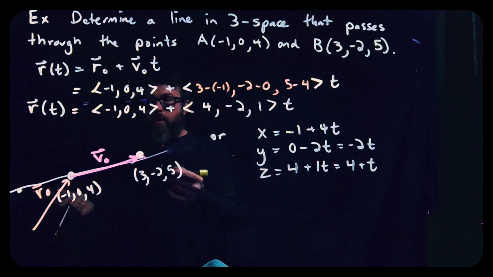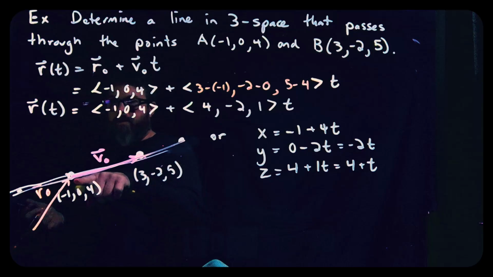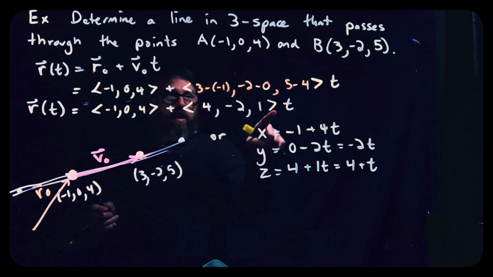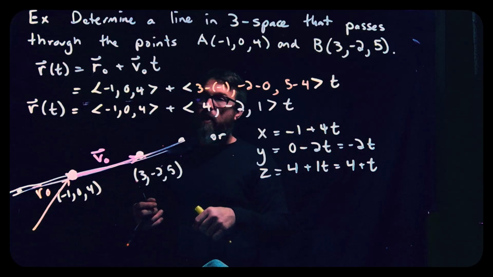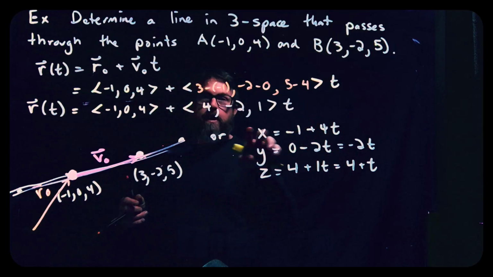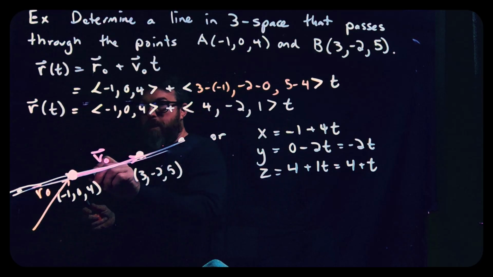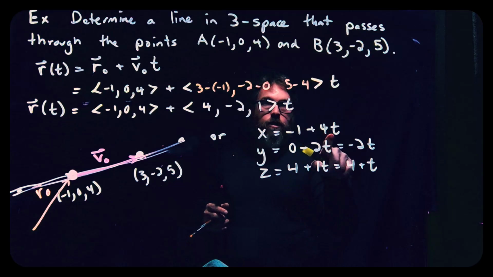Now again, what I want to do is really check that it does go through all these points here, and I don't need to show them all. Let's just show a couple. Let's make sure it goes through that point right here. Well, when you plug in 0 for t, because t is your parameter, it's essentially your input, when you plug in t equals 0, this vector is going to be gone. So I'm just going to get this initial vector, so it's going to stop at this -1, 0, 4. You can check that here. If I plug in t is equal to 0,